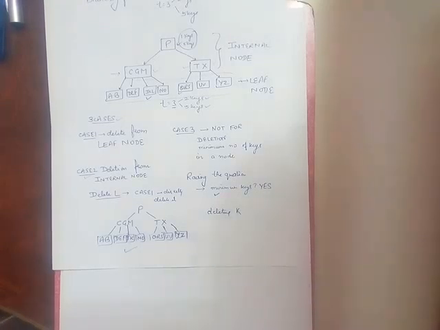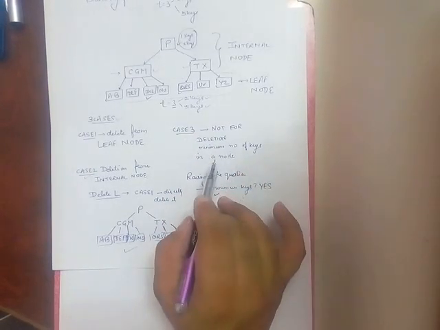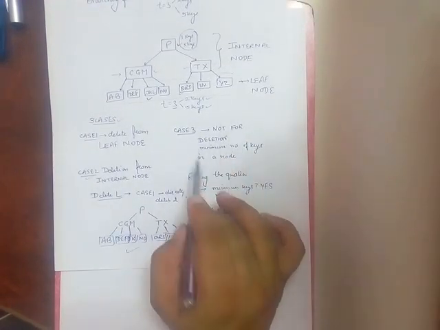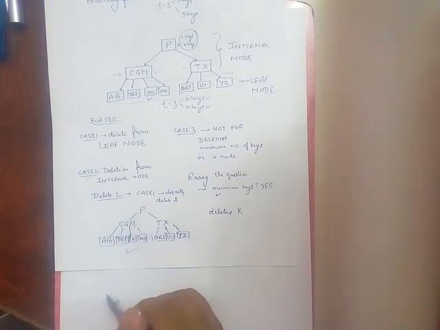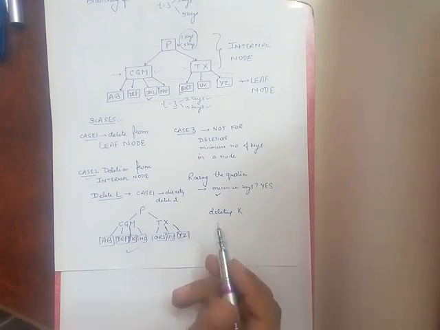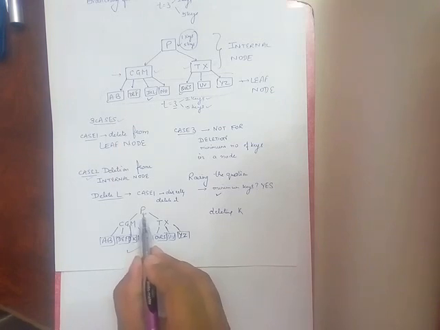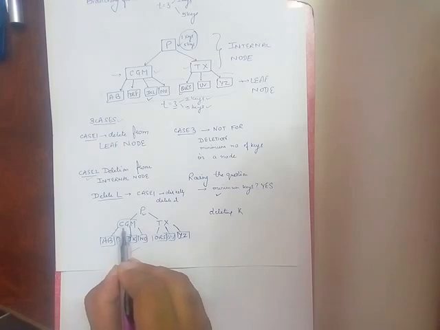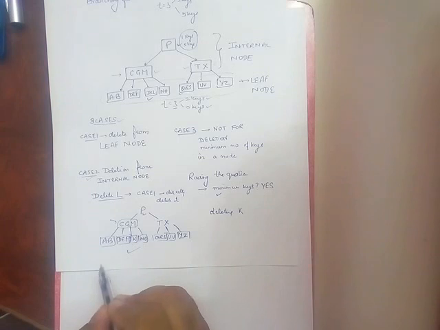I have told you that case 3 is not for deletion, but it is only for solving the problem of minimum number of keys. It means this is applied when we have a problem in this particular path, that is, when we have the minimum number of keys. How does it work? When we are deleting K, first we start from the root, which has more than the minimum number of keys, it's okay. Then we move to this particular node. When we move here, again we raise the question: does this node have the minimum number of keys?